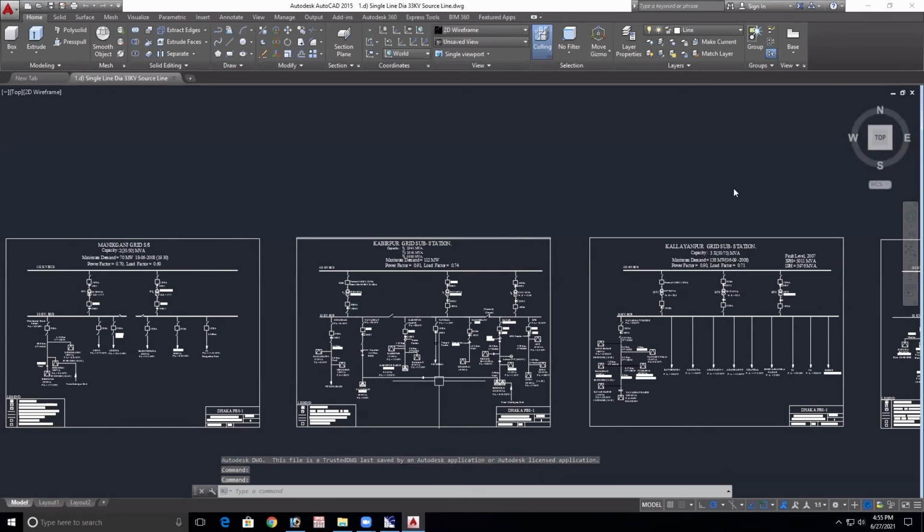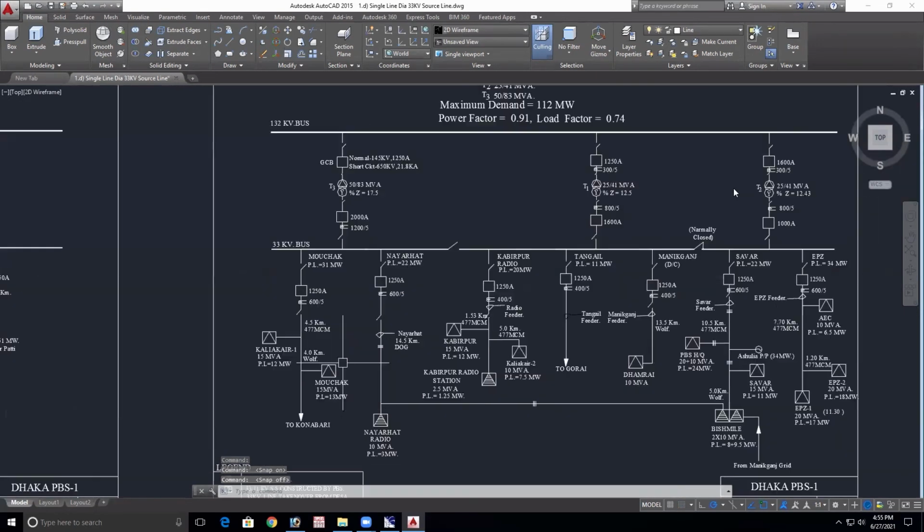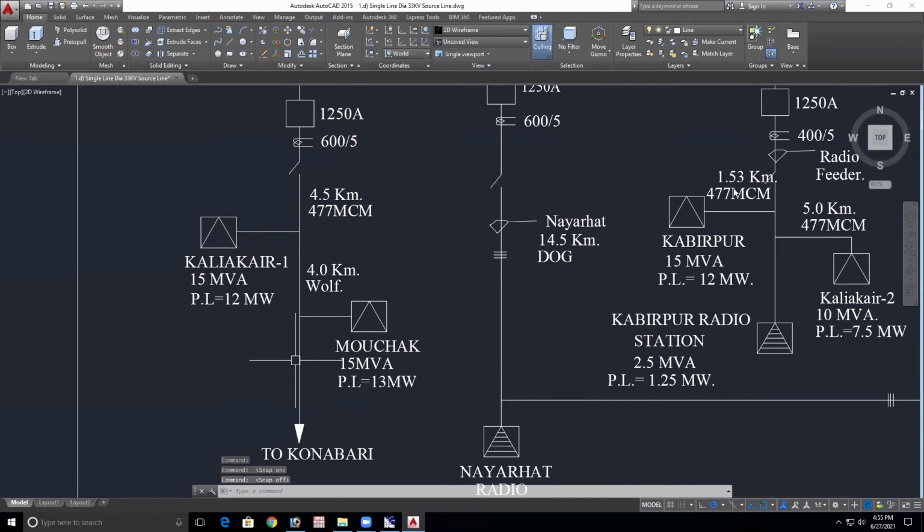Okay, look at this single line diagram. The first line is 4.5 kilometer and conductor size is 477 MCM. Okay, are you listening? Yes, sir.